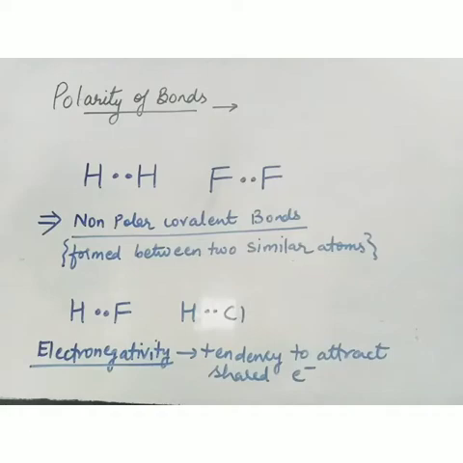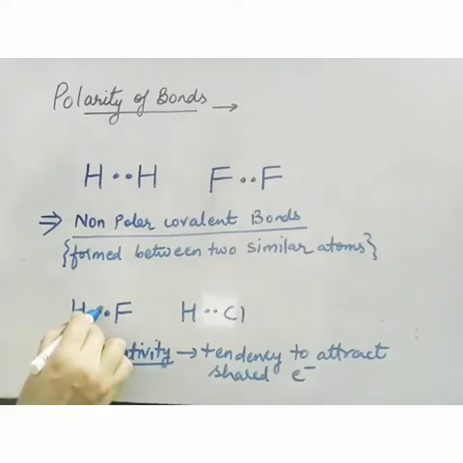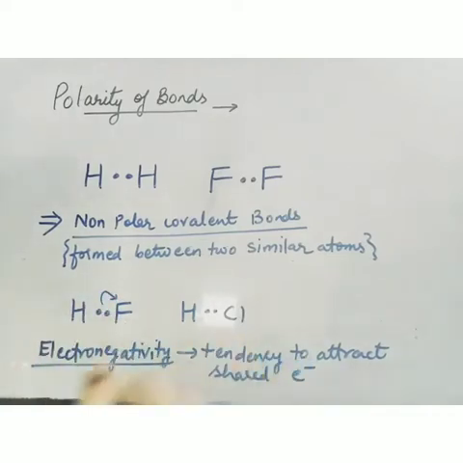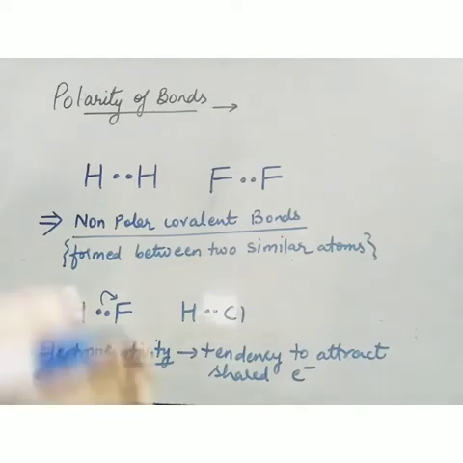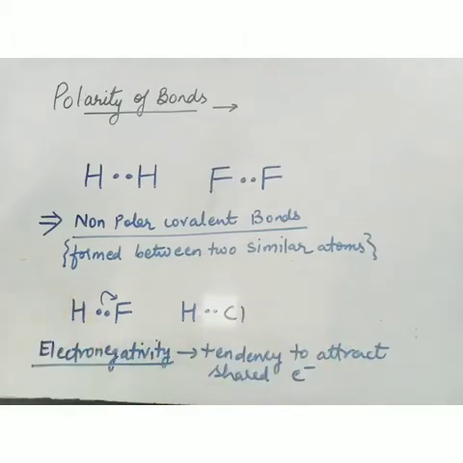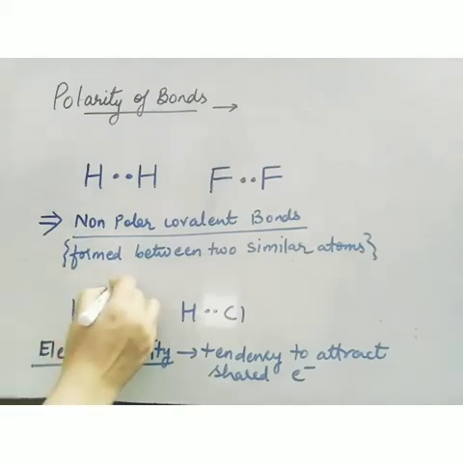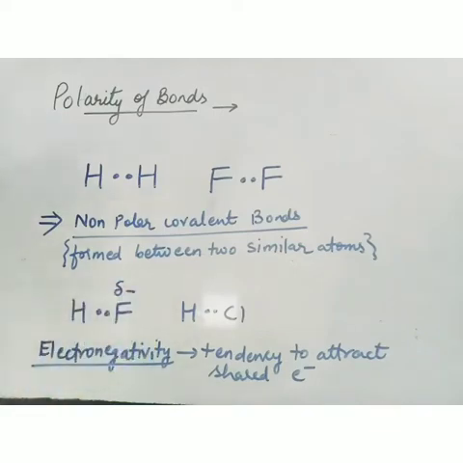So what will happen because of this? The shared electrons will be shifted more towards fluorine. It will attract these electrons. Likewise, the shared electrons will be attracted more towards chlorine. The electron pairs will remain in between only. They will not enter fluorine or chlorine atom. They will remain in between only, but they are slightly shifted. And because of this slight shift, this fluorine atom will acquire a partial negative charge, and this will acquire partial positive. This is del. Okay? Del means partial, not complete.